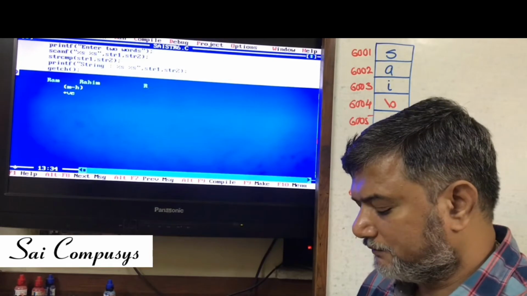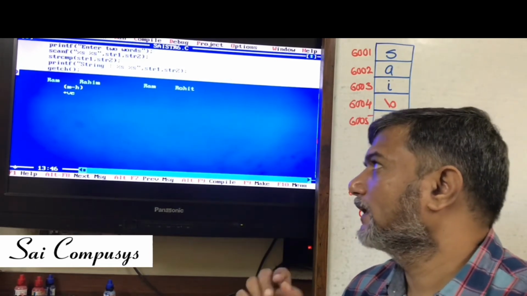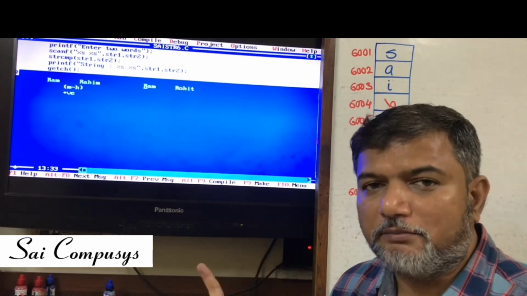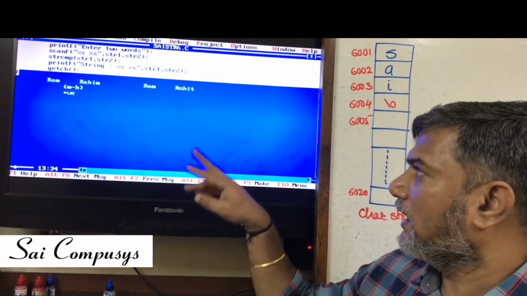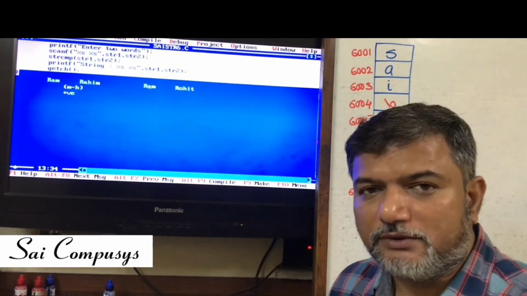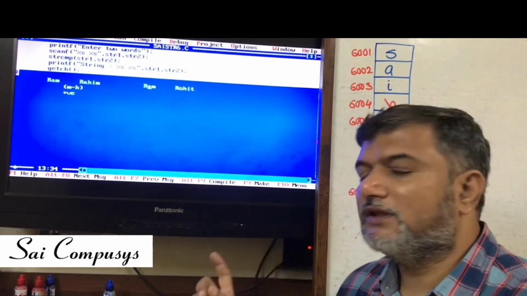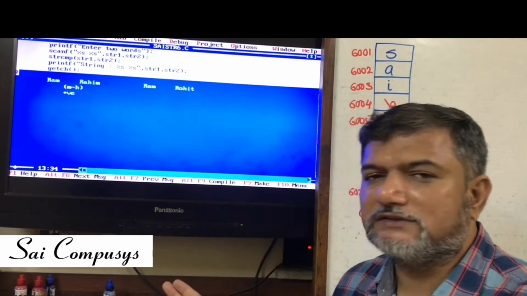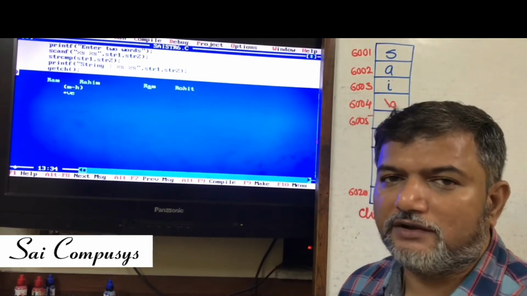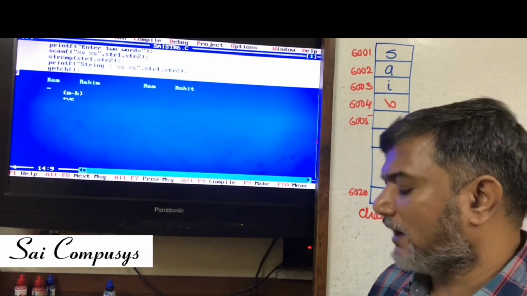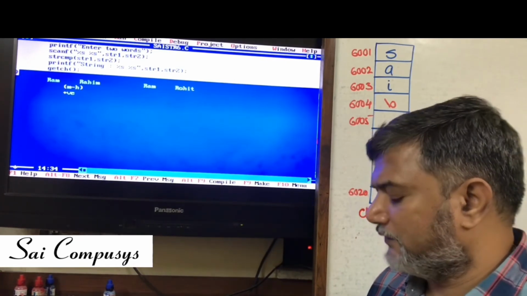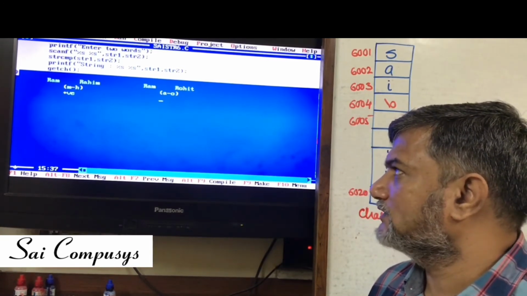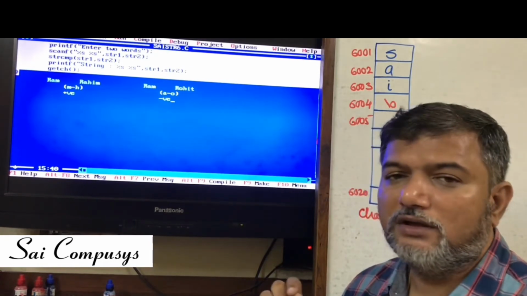Another example I will take. Again, comparison will be between two corresponding characters. R and R are compared, they are the same. A and O will be compared, a mismatch takes place. Again, further comparison is stopped. In terms of ASCII values, the ASCII value of O is greater than A. So, this will return A minus O, the difference between the ASCII values, and because O is greater, as you know, it will return a negative value.